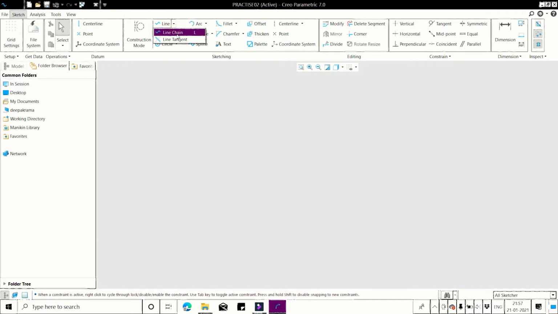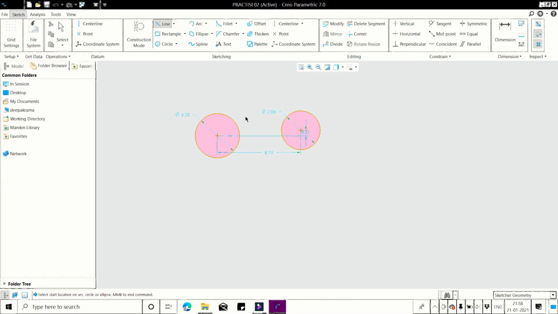The second option is the line tangent. For example, if you are going to create two circles like here, and you want to join the line between the two circles tangentially, then you can use this line tangent option.